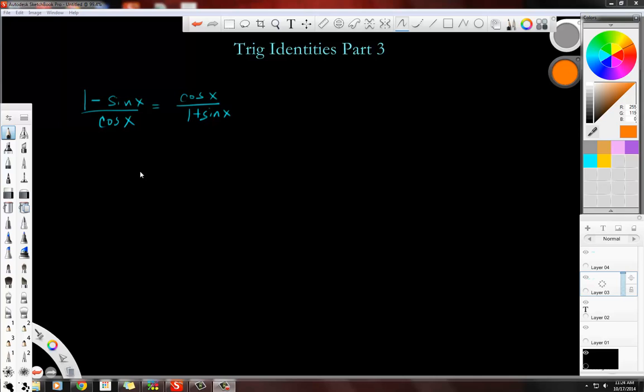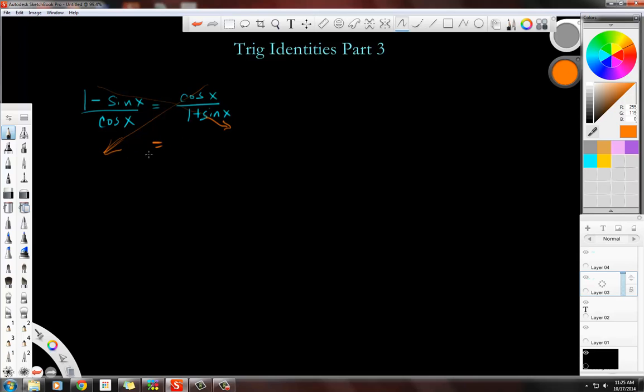This is a problem. I actually got two of them we're going to do. For this one, we have to prove that one side equals the other. So we're going to cross multiply. That's the best way to do this. You'll see that in a second. I mean, you can't argue that that's the fastest way to do this. If I cross multiply here and here,